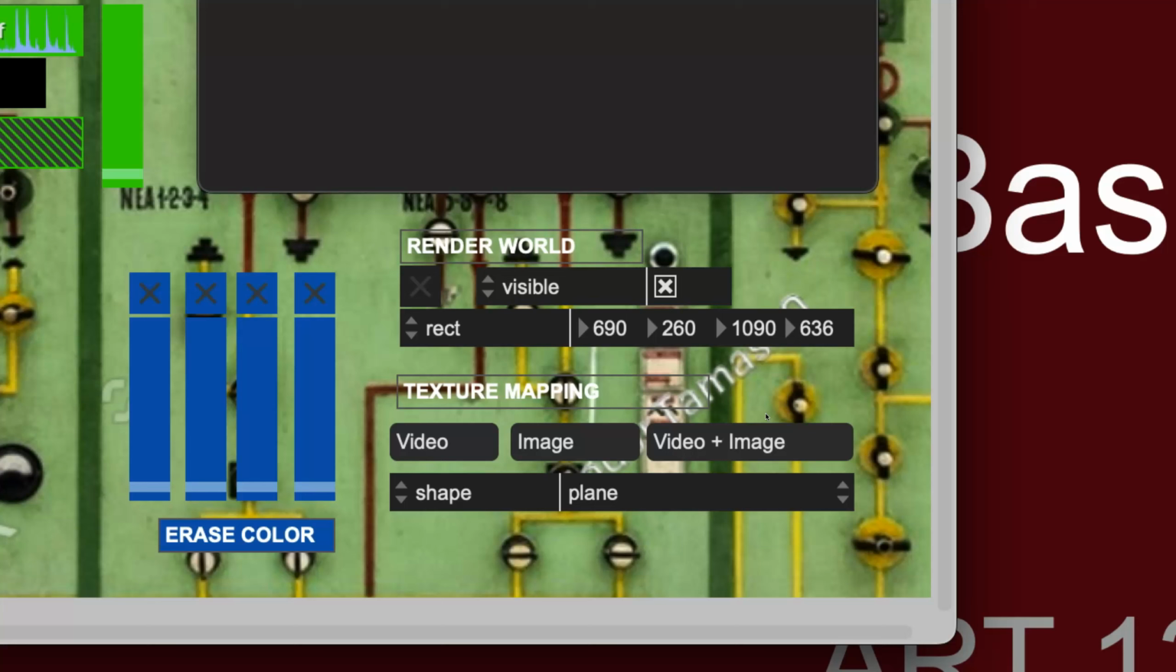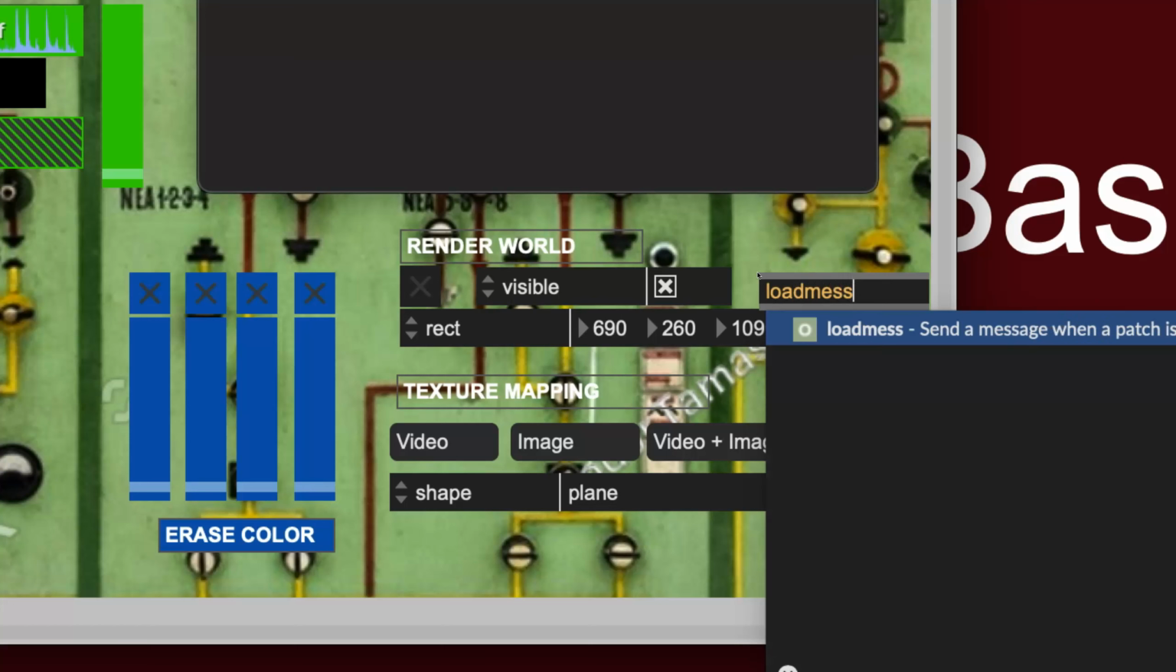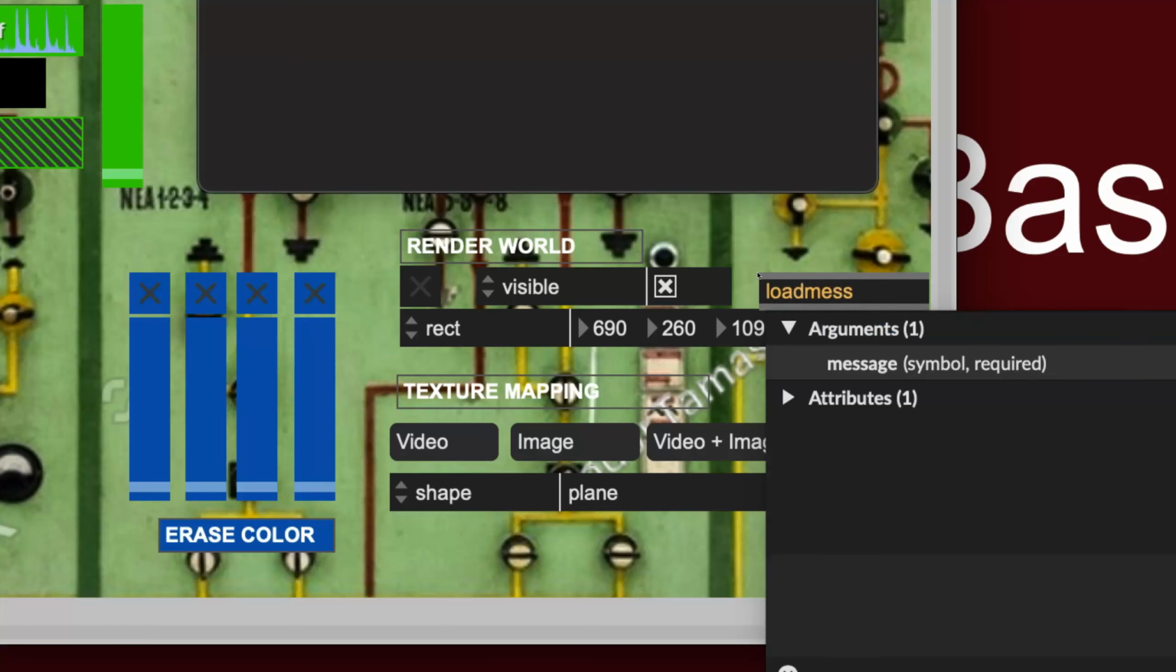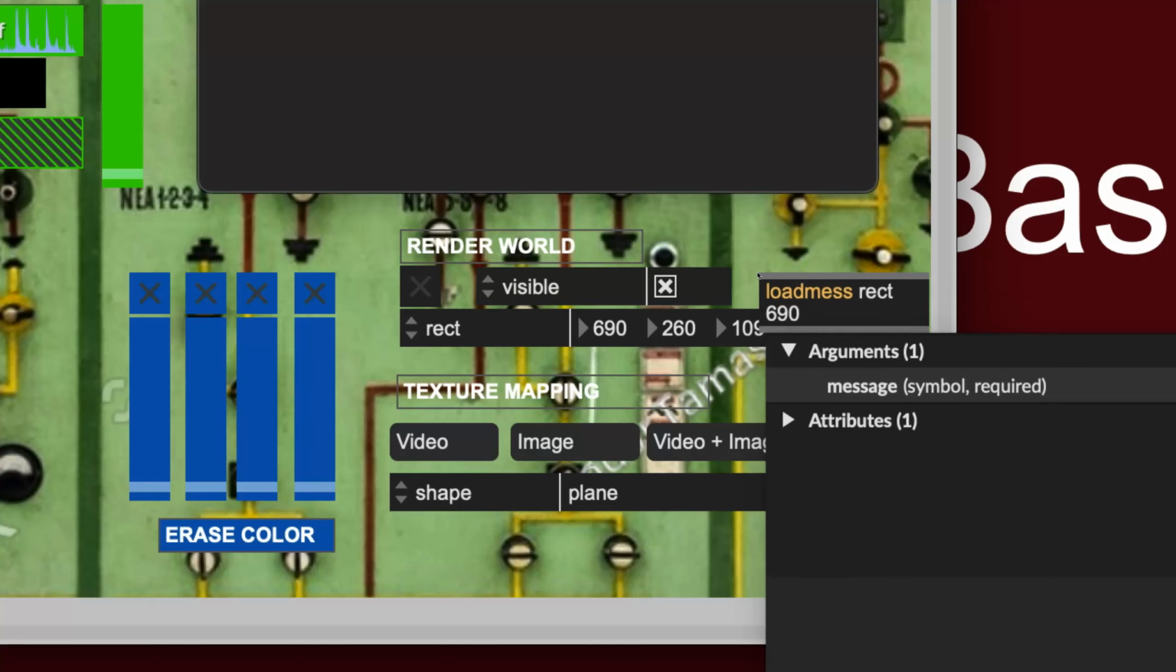And now we are going to take this thing out of, just for a minute. We'll put it back. I took it out of presentation mode, and then I can't see this. So we're going to go ahead and type a new thing, which is, are we unlocked here? New, and it's going to be load mess 690. Oh, excuse me. It has to be rect 690 260